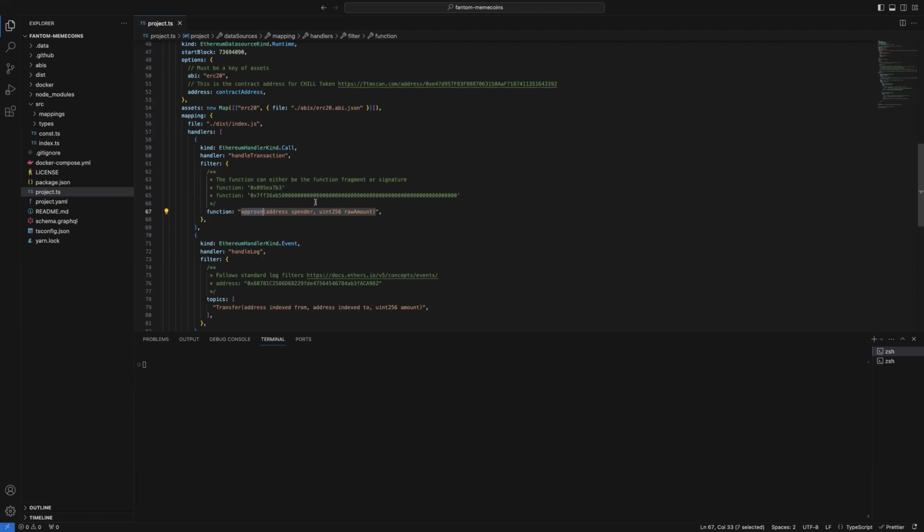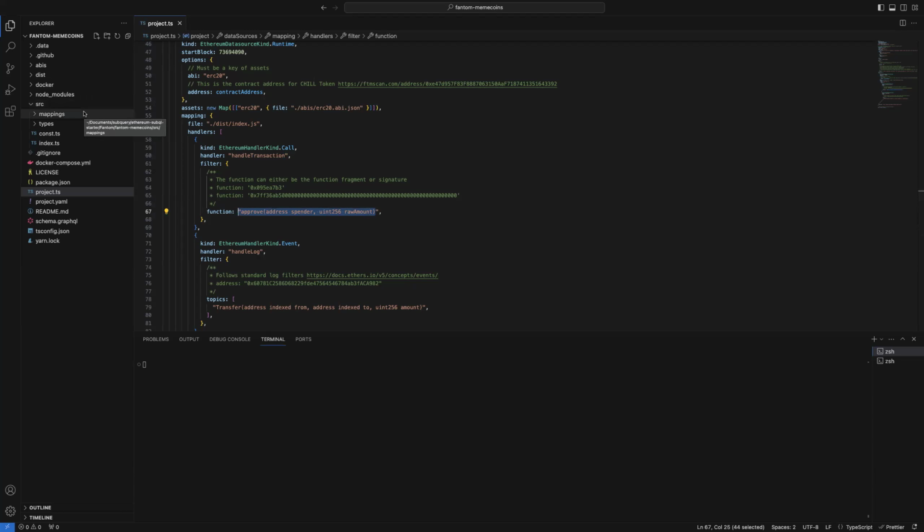So once we see that there is an approved transaction in the blockchain, we fetch it and we pass it as a parameter to a handle transaction function. And this is going to be a TypeScript function where we'll be able to process data from these transactions however we want.